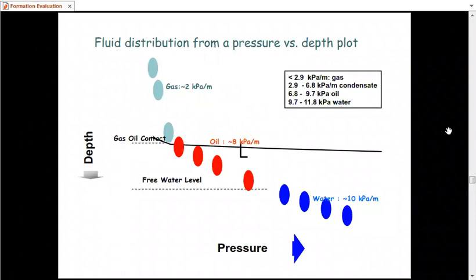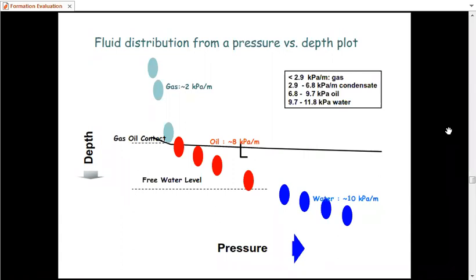This is a very important chart to draw the relationship between depth and pressure. And also, this is a very good plot in pressure testing, like static pressure gradient or formation pressure gradient, and will be beneficial to know the fluid gradients,